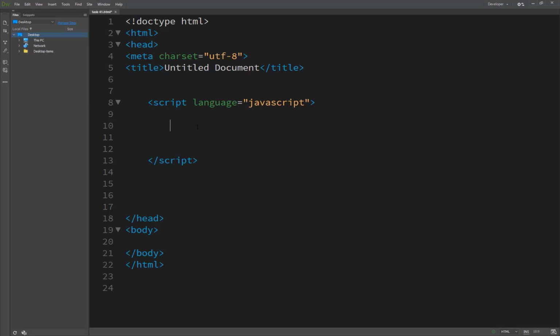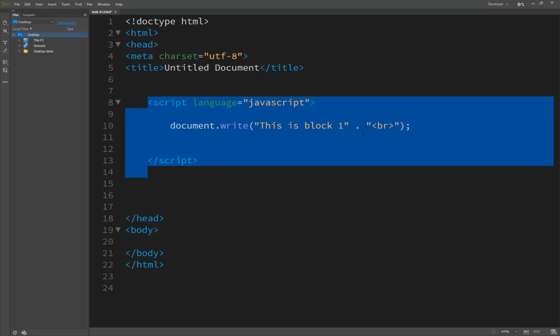We just wrote document.write, and inside this we have block 1, and after that, by passing concatenation, we have broken a line, and we have just copied this script.